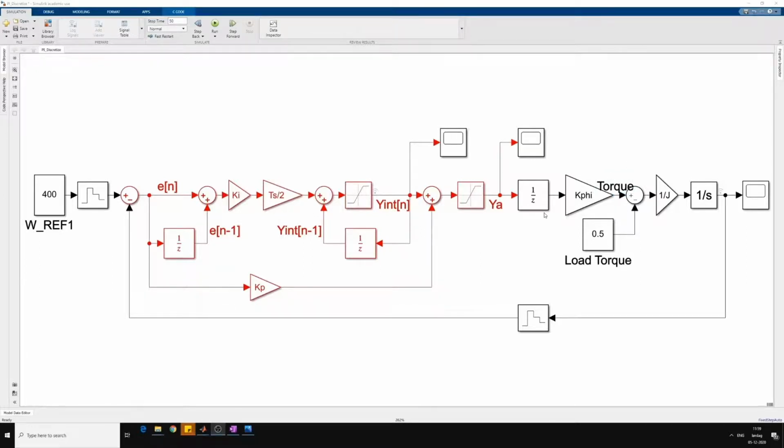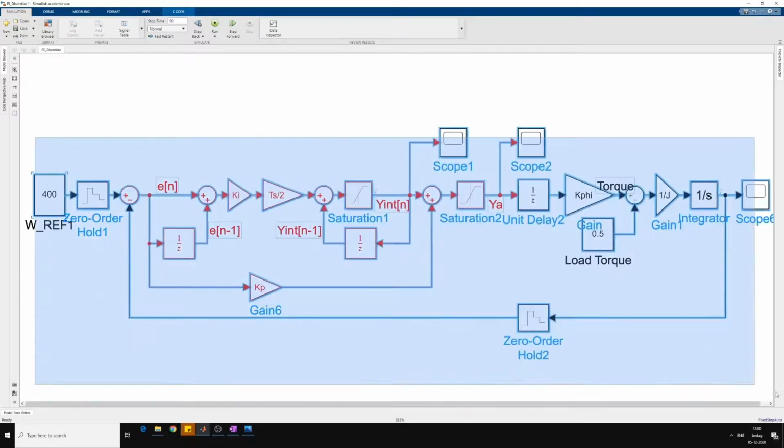The assumption here is that we have a current source which can be controlled by the reference YA. Whatever is YA, the same will be the output current, and that output current goes to the DC machine, and a torque proportional to that current is produced. That torque is subtracted from the load torque to get the net torque, and the net torque divided by moment of inertia, and the integration of that will give the speed. So this is the speed signal, and that speed signal is sampled using zero order hold block and fed to the controller here. So this is the system with anti-windup.